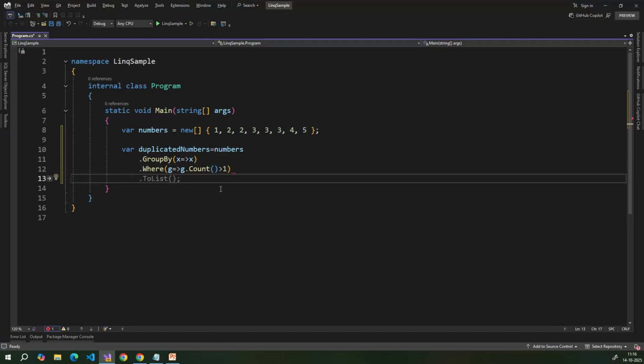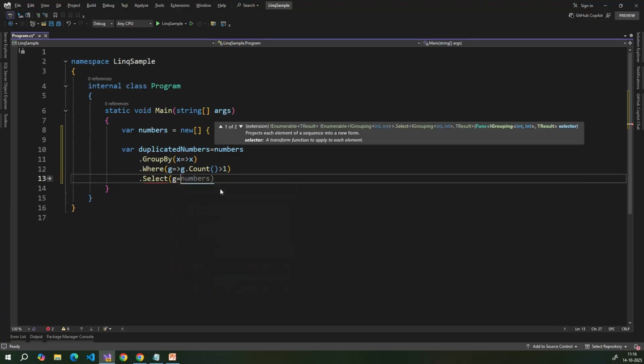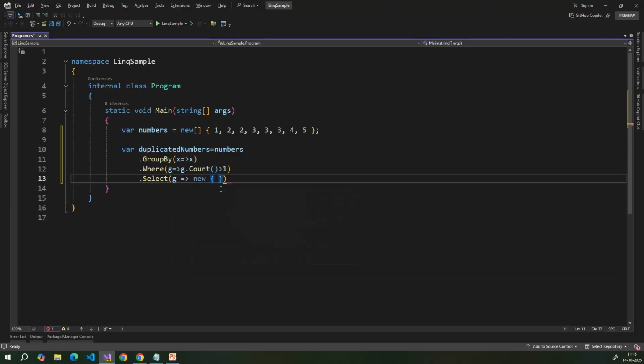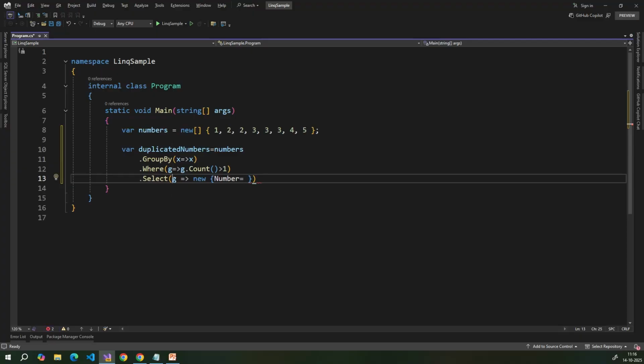Later we need to select the values. Select. Here we need to create an anonymous object to get the count and the number, g such that new. So this is an anonymous object. Here create a variable Number equal to, so here this g contains Count and Key. So Key will give the number and Count will give the number of duplicated values. Number is equal to g dot Key, comma, Count equal to g dot